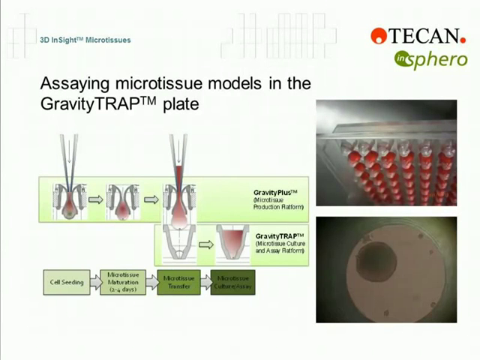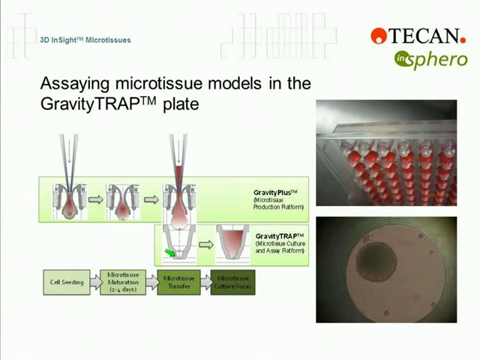The hanging drop system is a very versatile technology to produce all different kinds of tissues, but when it's getting down to analysis, the hanging drop is not the best format to use. Therefore, we have complemented the production platform with a versatile analytical platform, the GravityPlus plate. Both plates are standard 96-well format, and you transfer the microtissues from the hanging drop, as you see here, directly into the receiving well, which is placed below the production plate, and you just add excess volume of medium into the hanging drop, and the drop is falling down into the receiving well, and you can maintain the microtissues over time in this standard